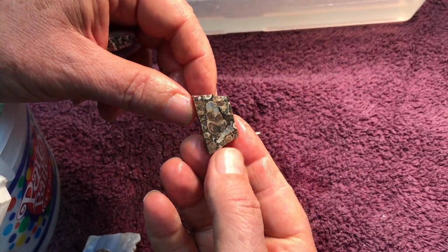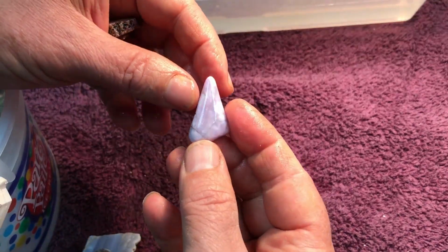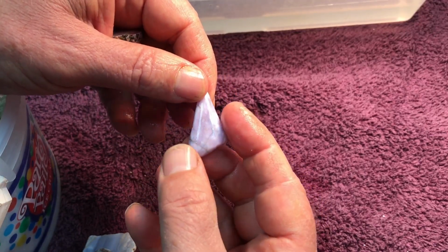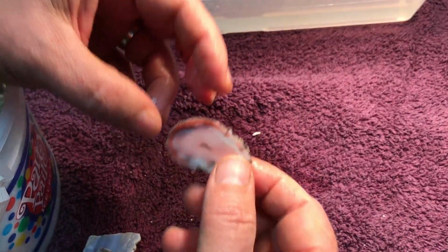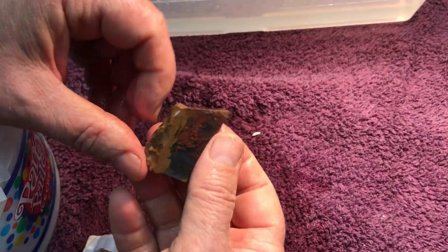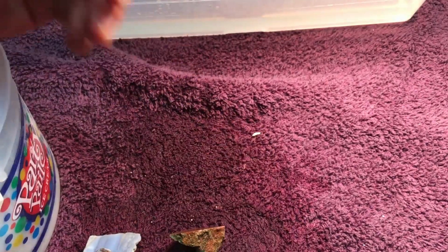Piece of turritella. This one's been worked on quite a bit. It might be Holly Blue. This is from Brazil. This is part of a thunder egg. Some nice moss going on. I have to be careful with that